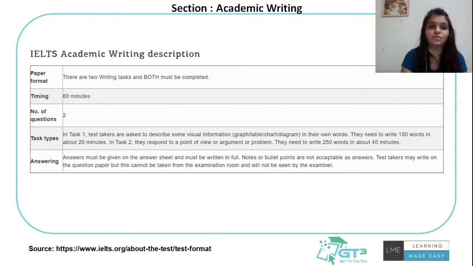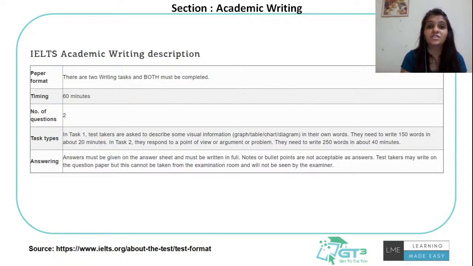Now what is task 2? Task 2 would be a general essay question given to you. Generalized, it's not only about your city, your country, or your own experiences. It's all about the world we are speaking about in IELTS. So in writing, what would be the major part of the task 2 questions? They would be about topics related to pollution, about parents, about children facing problems with social media, about environmental issues, and such kinds of questions would be asked.